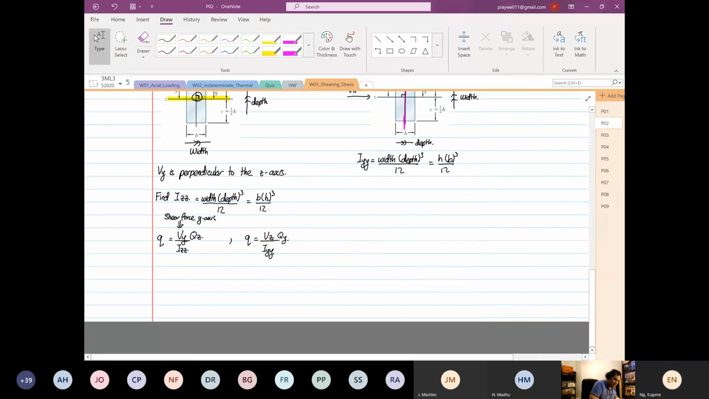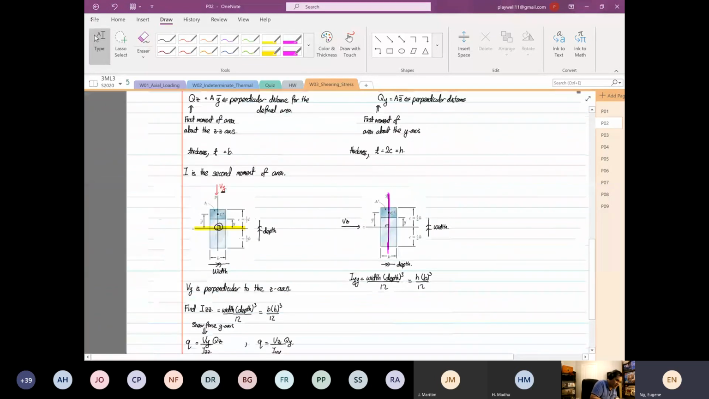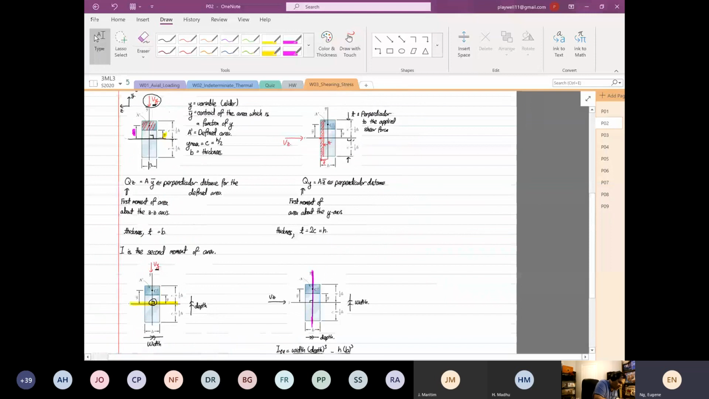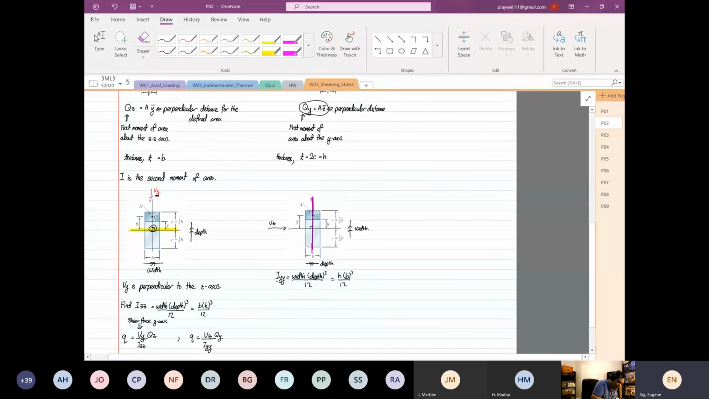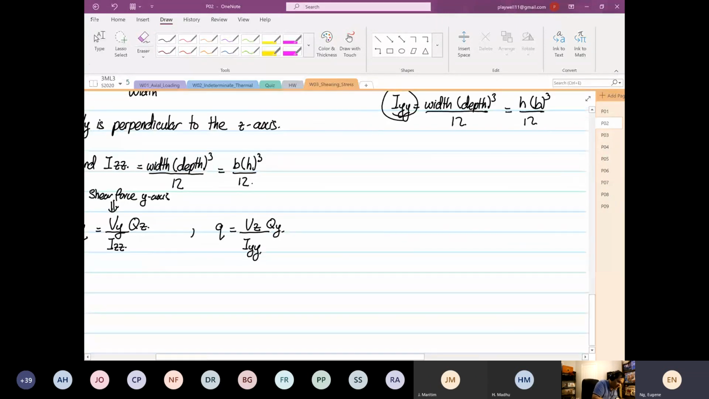Let's look at this now. We look at Vz. The first moment of area is Qy, and the second moment of area is Iyy. So that's why we have this formula over here: Vz Qy over Iyy. And if you look at shear now,